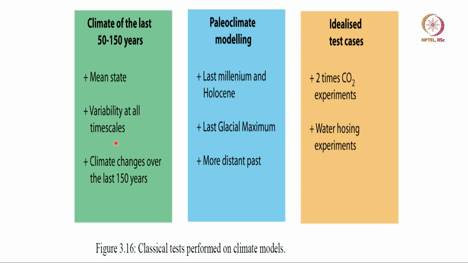Okay? Then people have got more ambitious. They want to simulate the climate of the last 20,000 years. For example, the last glacial maximum, or even very long time past. Or the last 1,000 years. Okay? So these are now getting to be quite common, because we have a lot of proxy data that will tell us what happened in the earth 1,000 years back, 10,000 years back. So we want to see whether our models are good enough to simulate the past climate.